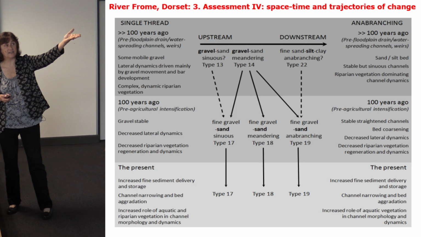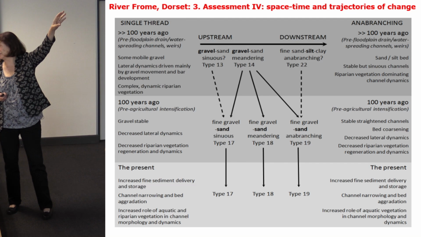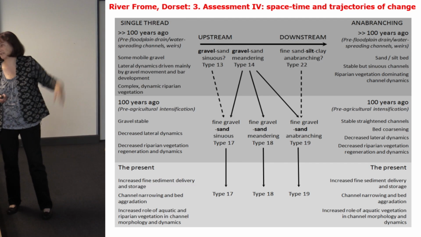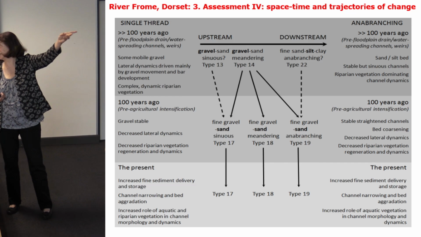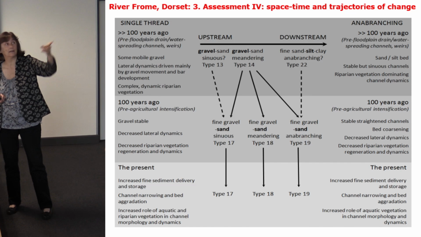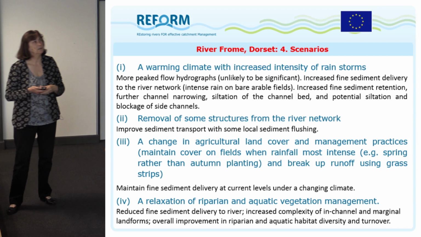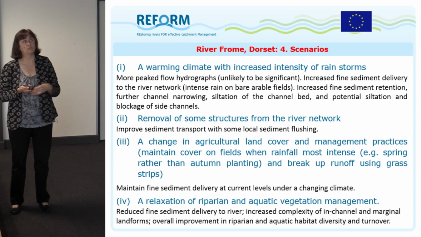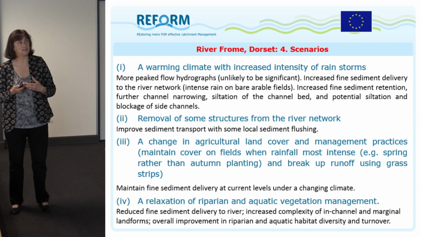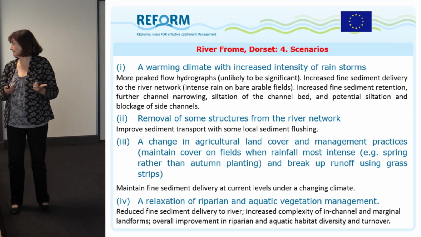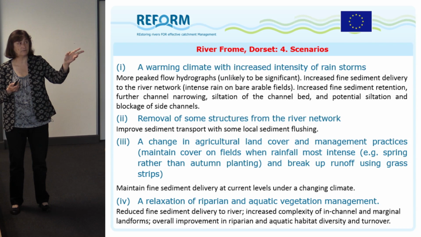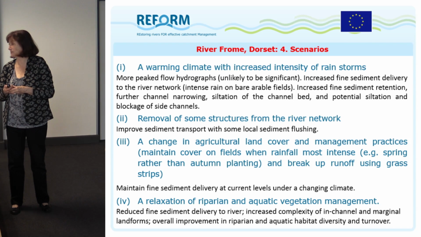If we go back 100 years, there's no change in river type, but there is a change in river size. If we go back even further, hundreds of years, the floodplain's been messed about one way and another through drainage and so on by human beings. And we suspect that there were different river types if you go far enough back. But we've got no direct evidence of that. Okay, so we can look at scenarios: warming climate, increased rainfall intensity, but also we could remove some structures. We could persuade the farmers to conduct agriculture in a different way, but that's unlikely. But what we could do is have a relaxation of riparian and aquatic vegetation management and let the river sort